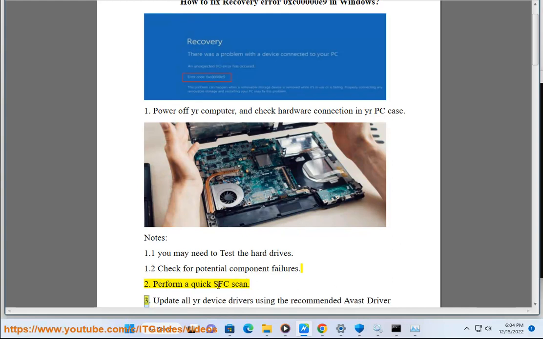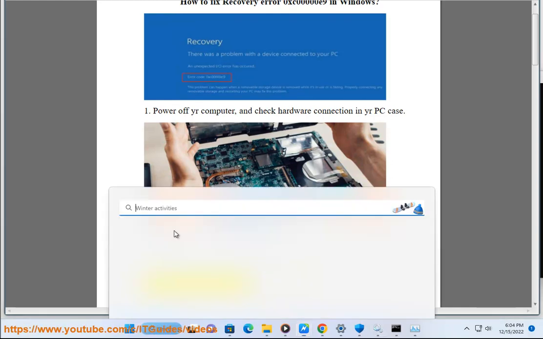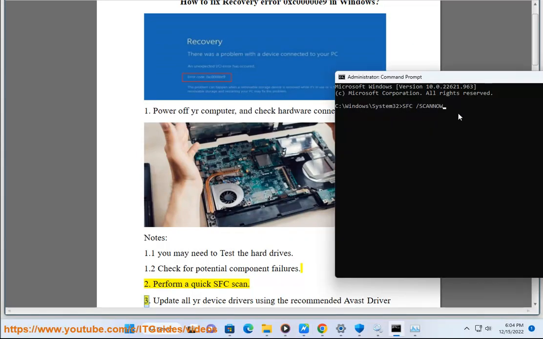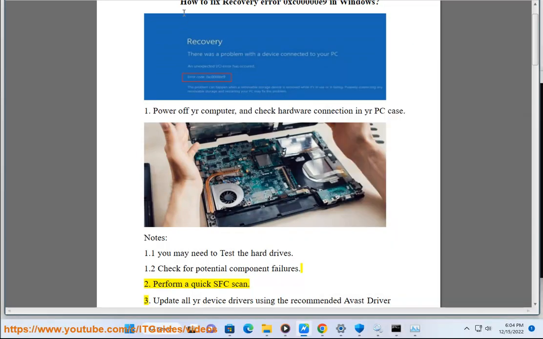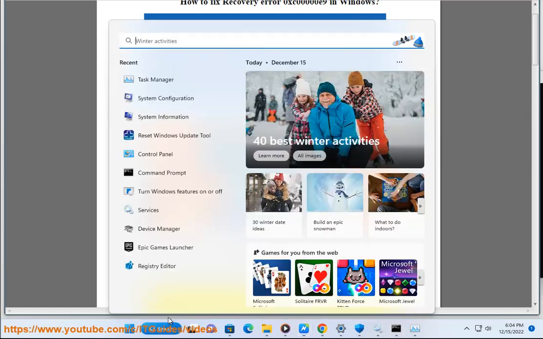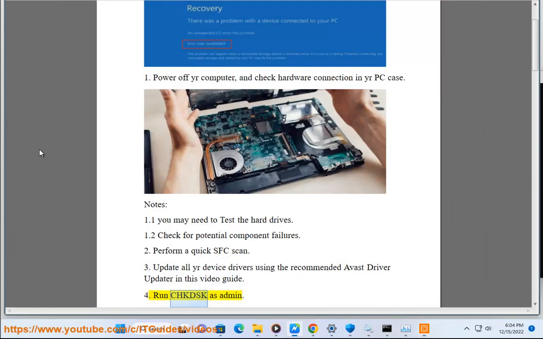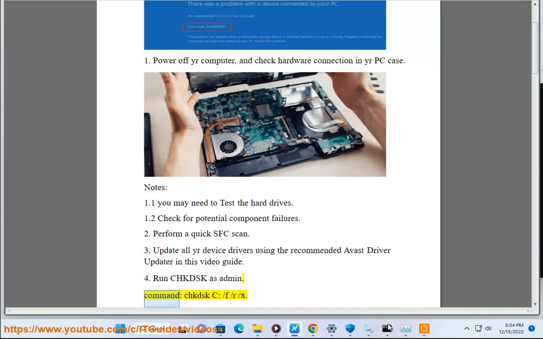3. Update all your device drivers using the recommended Avast driver updater in this video guide. 4. Run chkdsk as admin. Command,